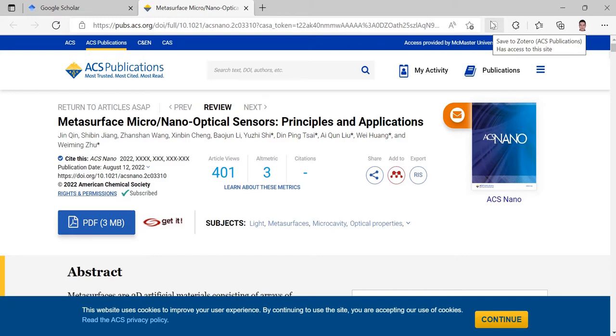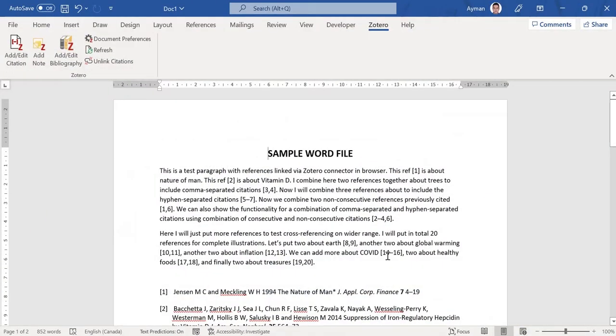And one problem that I know many of you who are using Zotero may have is that the references cannot be cross referenced to the citation. To show that, I have created a sample Word file that shows you this problem. So you have, for example, these citations, and when you click on them,